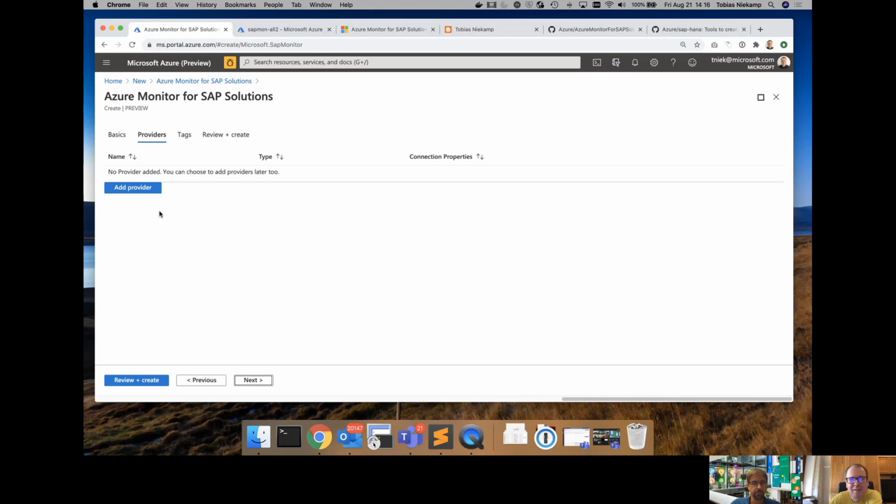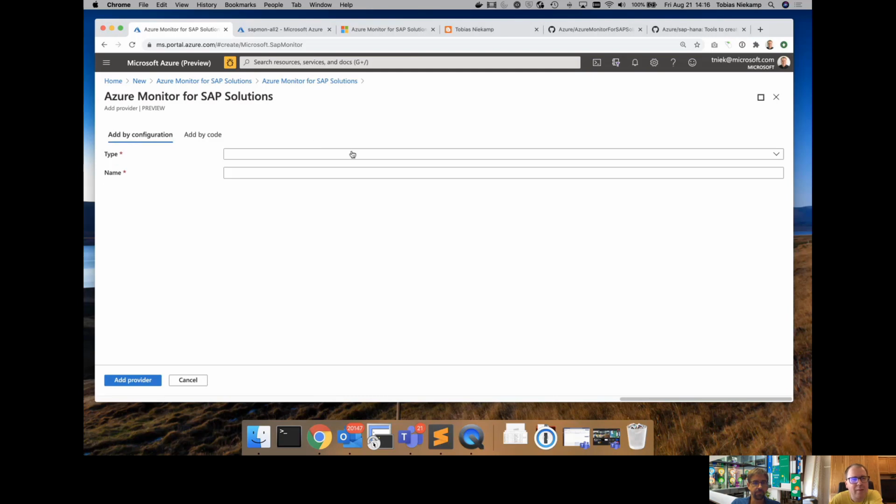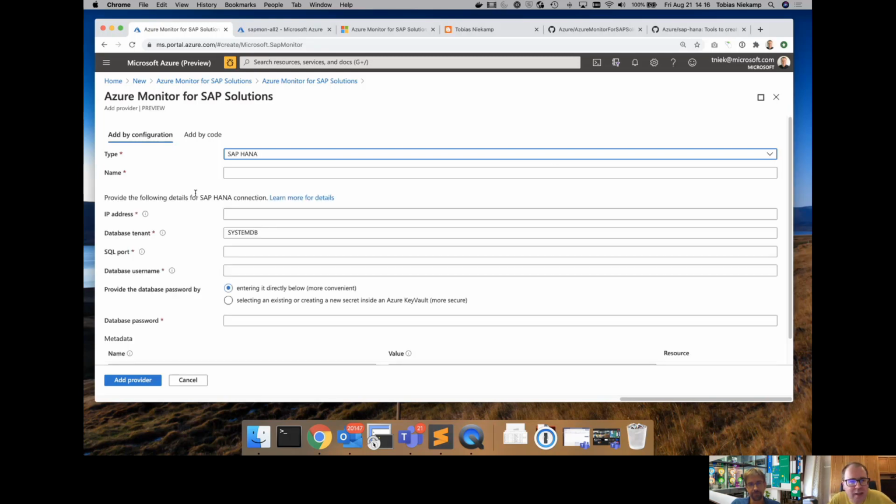If you're not sure that your user has the right permissions and that everything is set up properly in Azure, but you could go in here and add a provider or multiple providers if you wanted to. The way this works is you select the type. Currently, we support these three here: SAP-HANA, a high availability cluster that is based on top of Pacemaker, or Microsoft SQL Server. That is the actual on-prem or in the cloud installation, not the SQL Server Cloud Edition that runs inside Azure. So you could say, I want to do SAP-HANA.